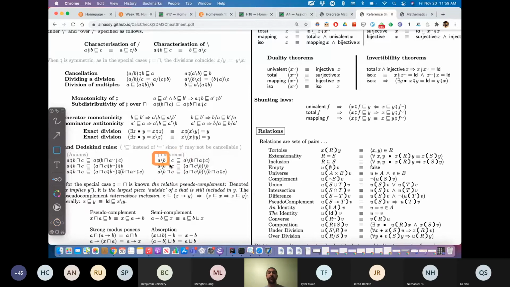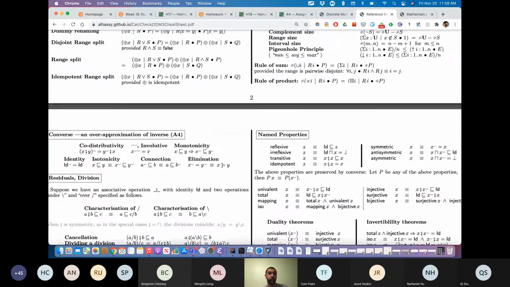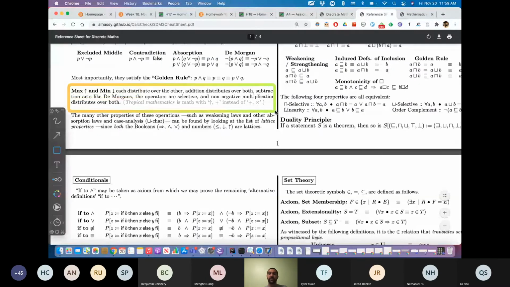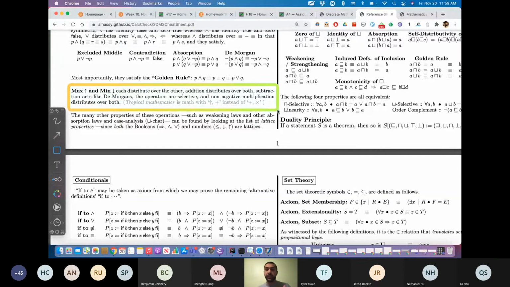A divided by the minimum of B with C is equal to A divided by B, minimum with A divided by C, okay? And this works because multiplication distributes over minimum and maximum. And so you can prove these rules right there. So that's pretty neat. And tropical mathematics is summarized right here really quickly for you. Super tersely. This is chapter 15.